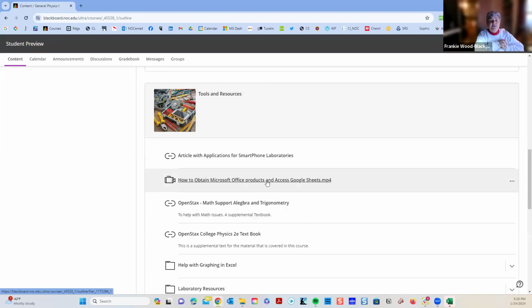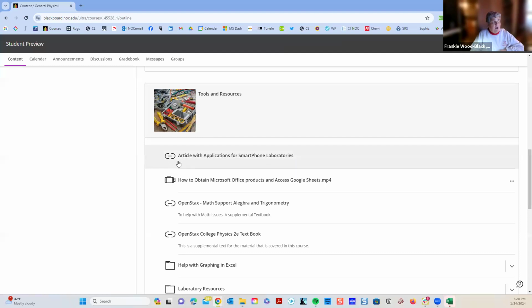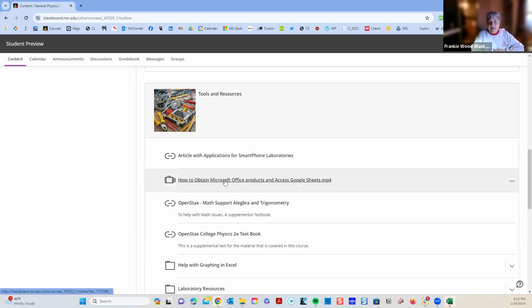In here, we will use the IO laboratory, and I'll show you one of those in just a little bit. But we also will be using the iFox application on smartphones, and this will get you a link to the smartphones. If you do not have Microsoft Office yet, or need to get Microsoft Office, you can do so. And here are some instructions on how to access Microsoft Office, and I'll walk you through that here shortly.